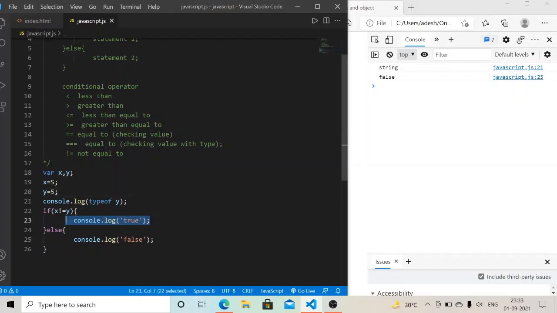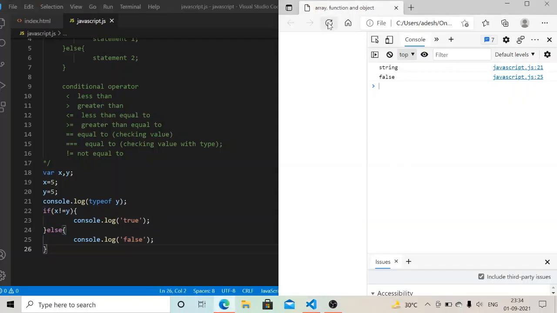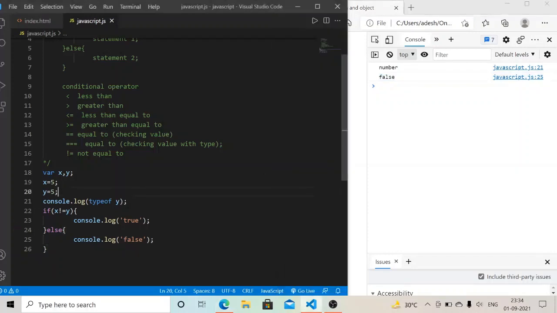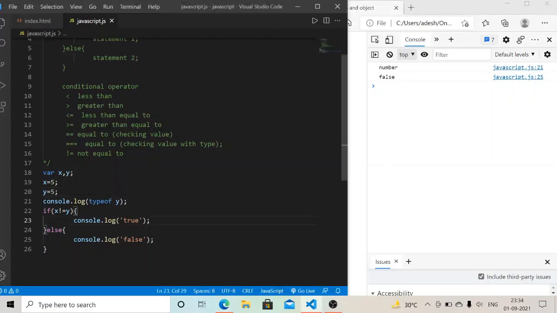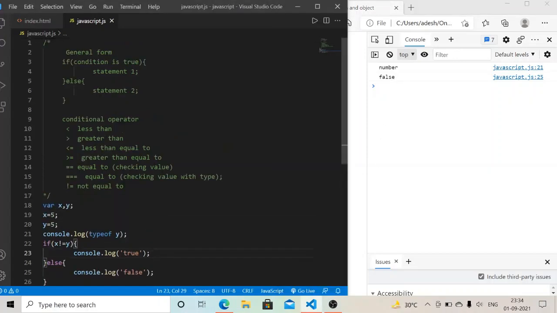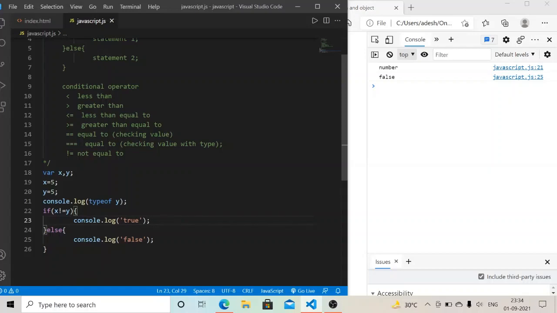According to my condition this is false, so it returns the false statement. When I refresh my page, you can see that it returns false, and when I change this value, it returns a number variable here. So in that way you can create an if-else statement and also use the conditional operators.